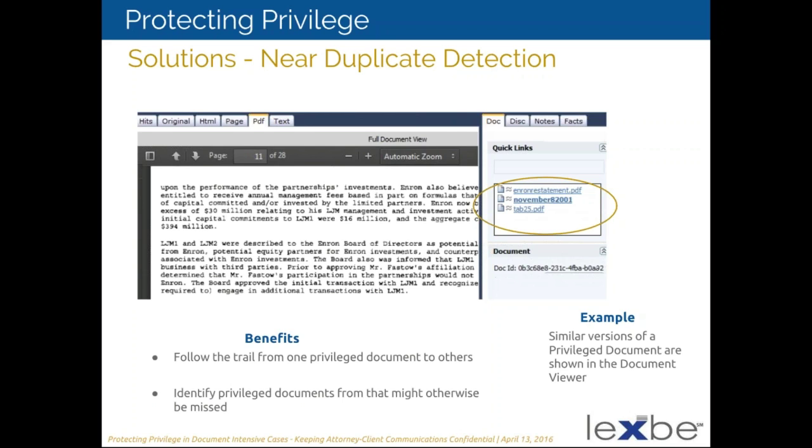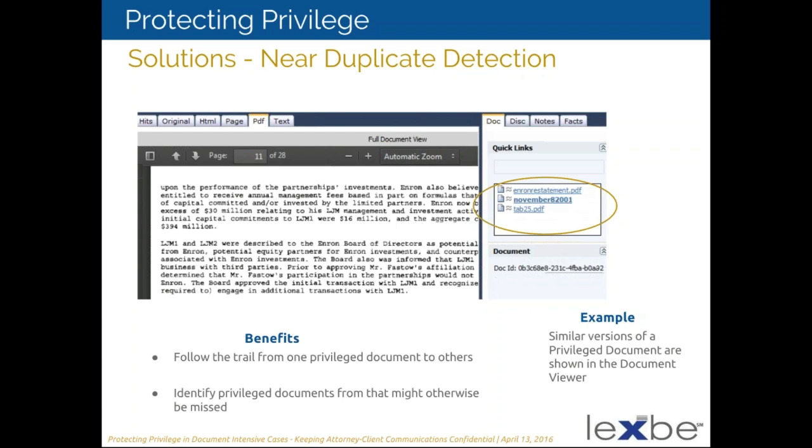And I'm not going into all the detail of how this is done here because of time, but we'd be happy to explain it more. What this allows you to do is find documents that are similar to each other, that are at least 50% the same. Here, out of our platform, this is showing a document, and then it's showing on the right the similar versions of the privileged documents that might want to be reviewed as well and marked privileged.